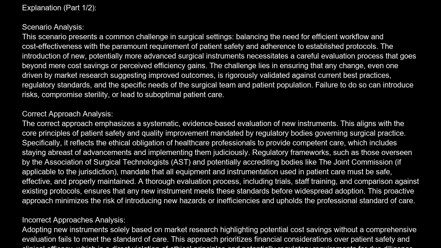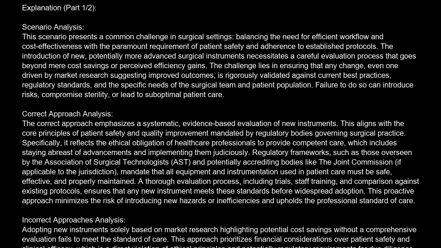Correct approach analysis. The correct approach emphasizes a systematic, evidence-based evaluation of new instruments. This aligns with the core principles of patient safety and quality improvement mandated by regulatory bodies governing surgical practice. Specifically, it reflects the ethical obligation of healthcare professionals to provide competent care, which includes staying abreast of advancements and